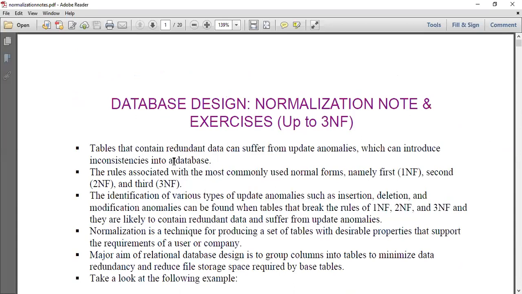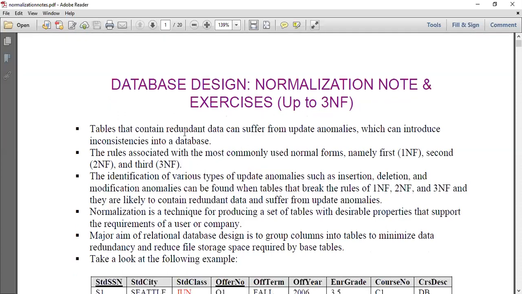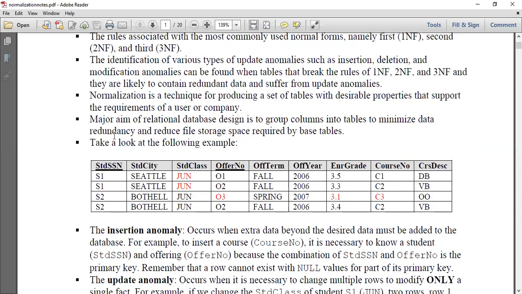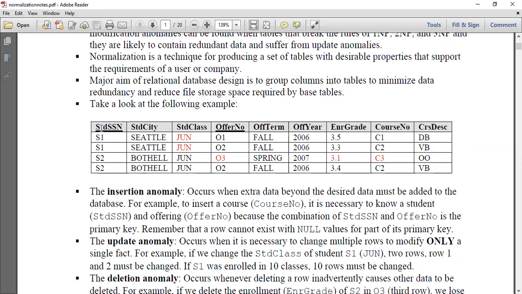What is written, I'm reading line by line, please listen carefully. I'll share my videos. It is database design under module 4: what is normalization, and what are the exercises, covering up to 3NF. Now here, tables that contain redundant data, as I just told, suffer from update anomalies. Forget about the normalization part for now, because I am covering anomalies. Now see here, in this example, the details of students along with the details of the offer we have added. We are not keeping only the single information of the student, we are also keeping the offer number.